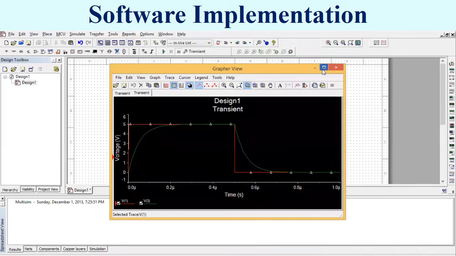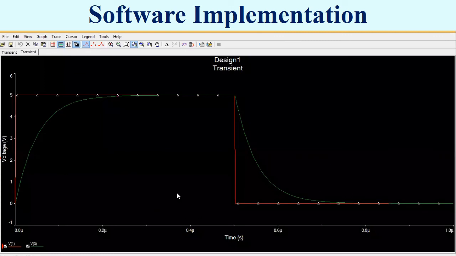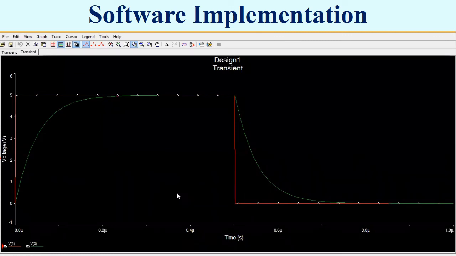Here I have the proper result of my capacitor-based RC circuit, charging and discharging. The red signal shows the battery voltage and the green signal shows the charging and discharging of the capacitor.